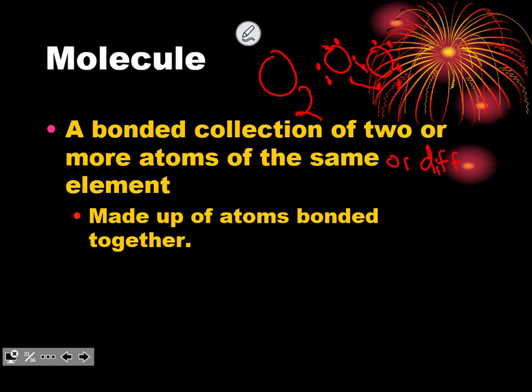Another molecule could be one that you should know from biology, C6H12O6, or glucose. These are both molecules. Now, glucose is not an element because it's made up of more than one type of element. So it's not a single element, it is many elements, or at least 3. Oxygen, or O2, on the other hand, is made up of one element, so it is still just an element and a molecule. Okay? So we got elements, molecules,